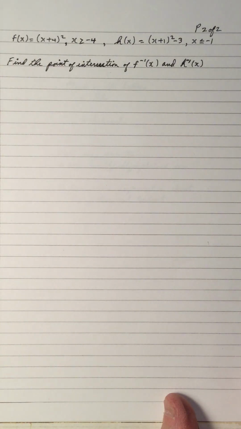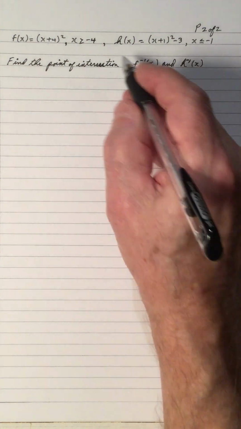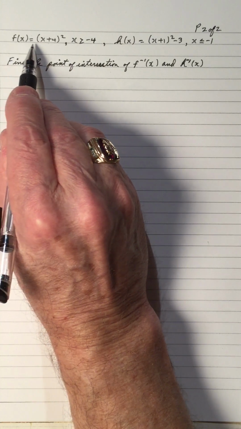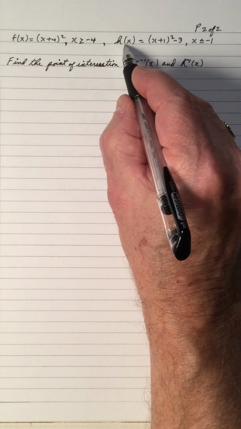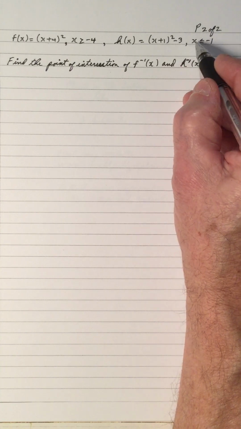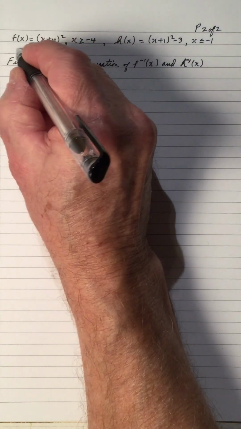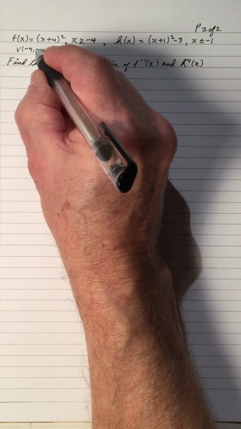And again, like the previous video, this one is on another problem that I made up to help you understand the inverses of a parabola. So notice we have f of x is (x plus 4) squared, where x is greater than -4. h of x is (x plus 1) squared minus 3, where x is less than or equal to -1. So this is a parabola, and the vertex of this parabola right here, x is -4 and y is